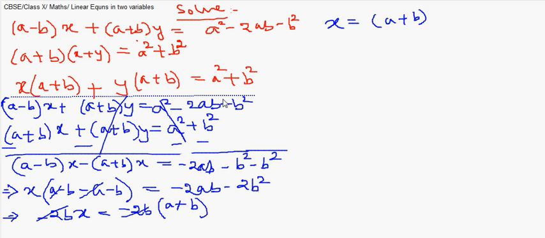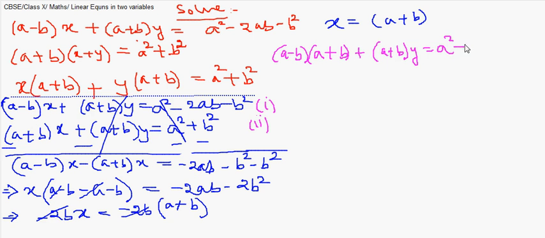Now as we have got a plus b, we will have to substitute this x to find the value of y. So let us now substitute in this equation. Suppose this was 1 and this was 2 for us. So if we substitute it, we are getting a minus b, and in place of x we substitute a plus b, plus the rest of the equation will remain as it is,